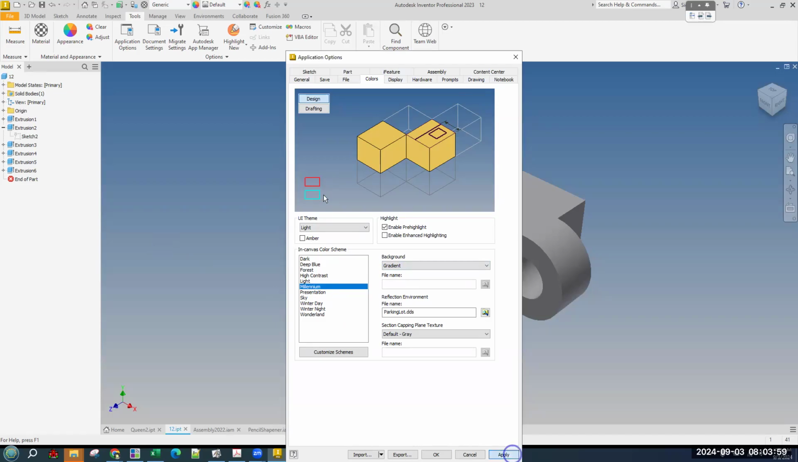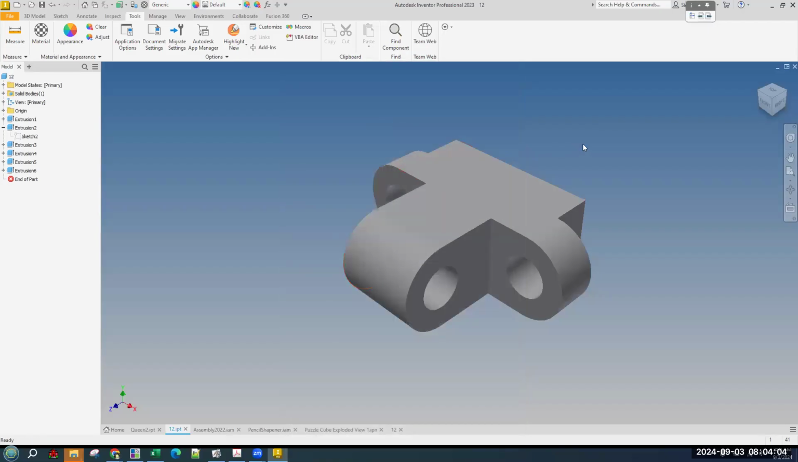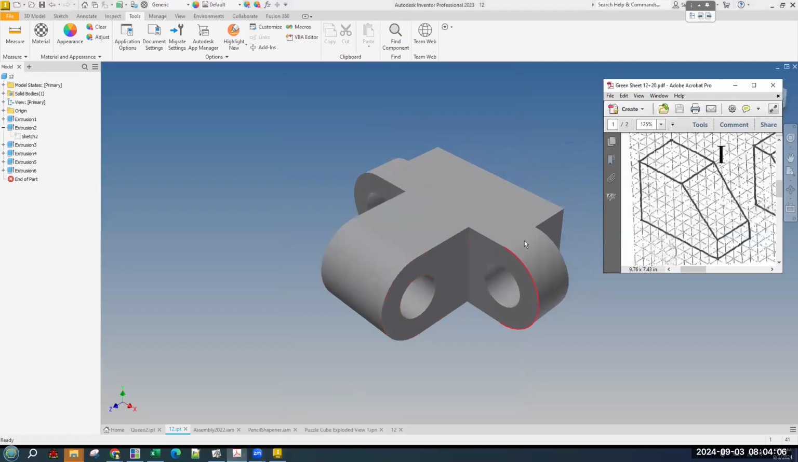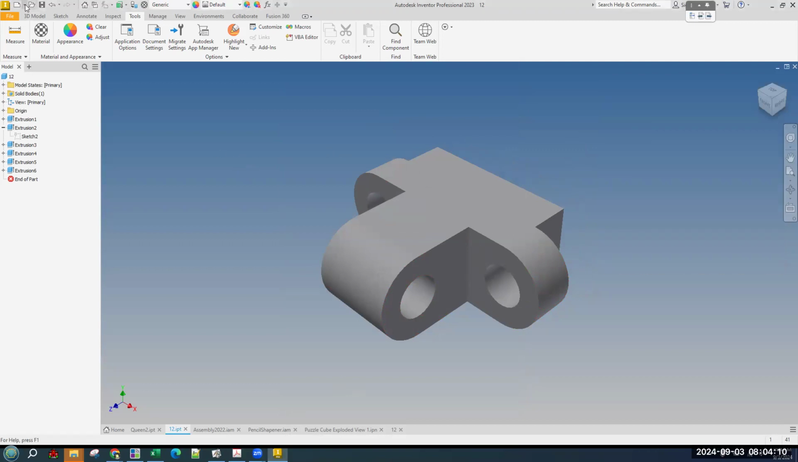It will be easier for you to do this and easier for me to help you if you match colors. Okay, so the first part we're going to do is part I from the green sheet. So we need a new part